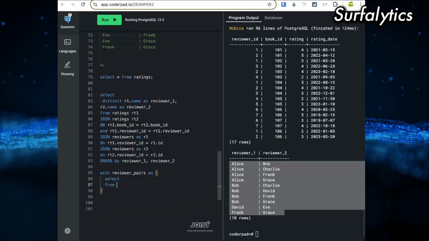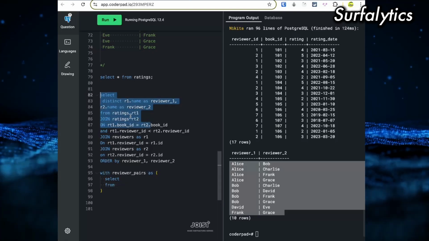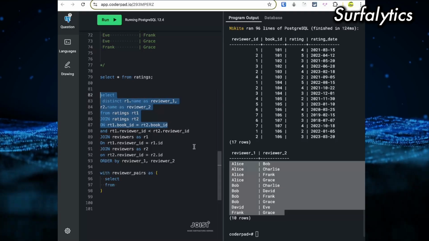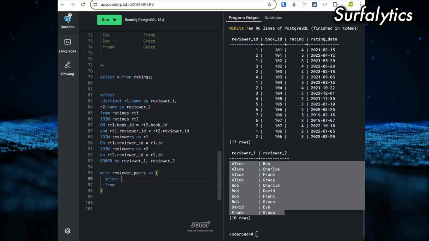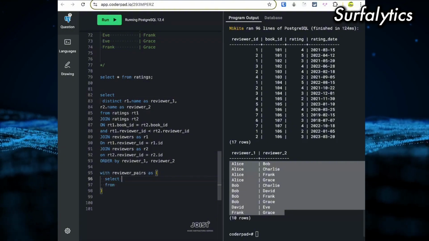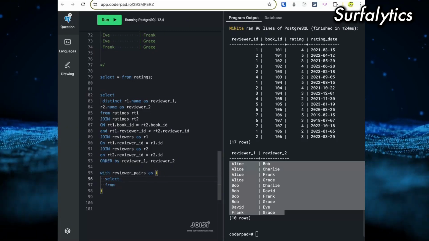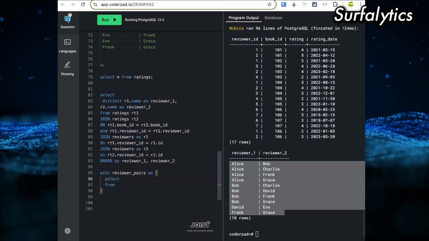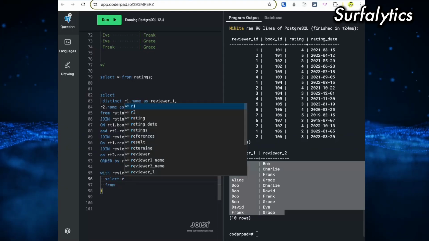Okay, select from. I can use the same thing here. Yeah, so I would like to stick with the same naming as RT1 and RT2 because it's better for me right now.